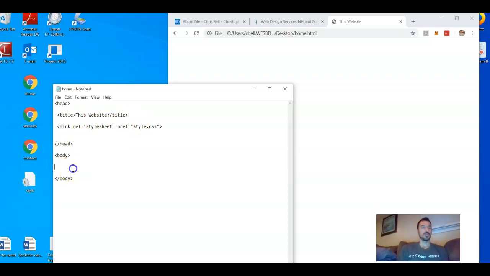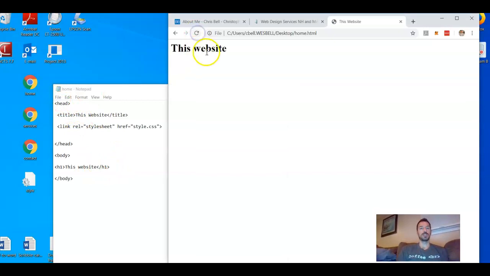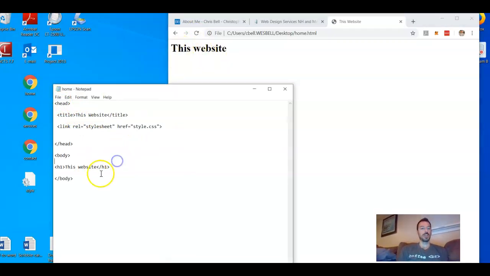So when I put h1 and h1 here, and I put this website and save it, it's just going to be a regular h1 tag and it's going to say this website and it's black. So since I have called anything that goes on in this CSS sheet to happen on this page,